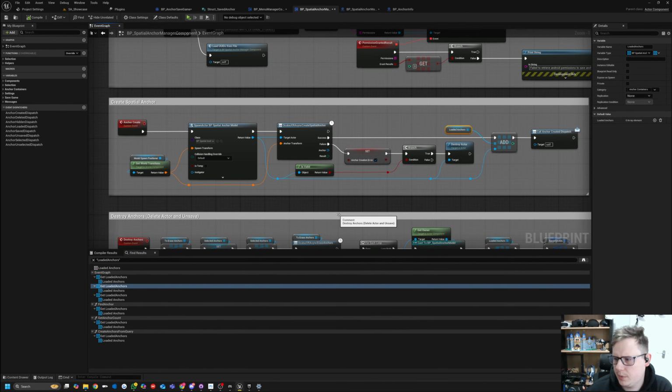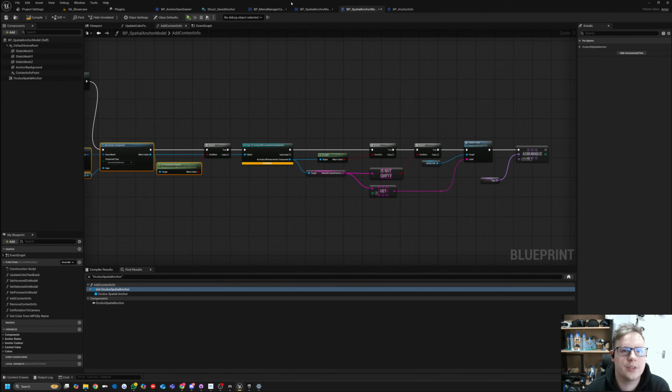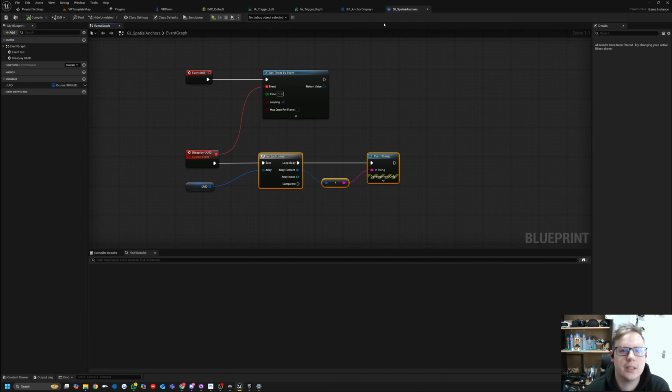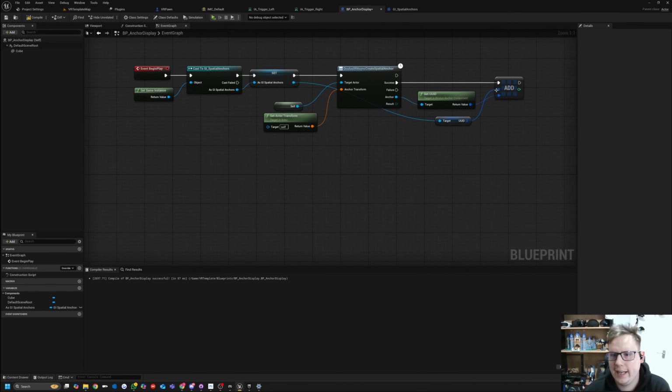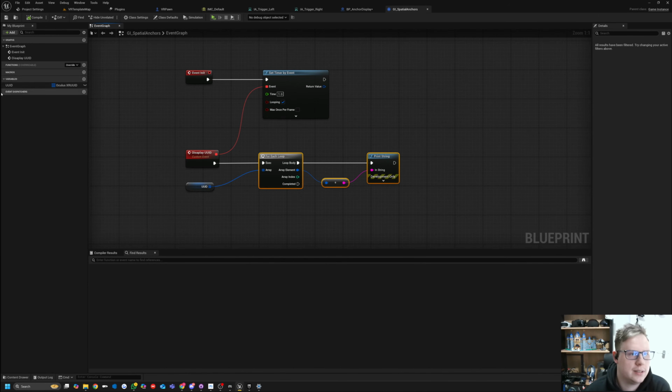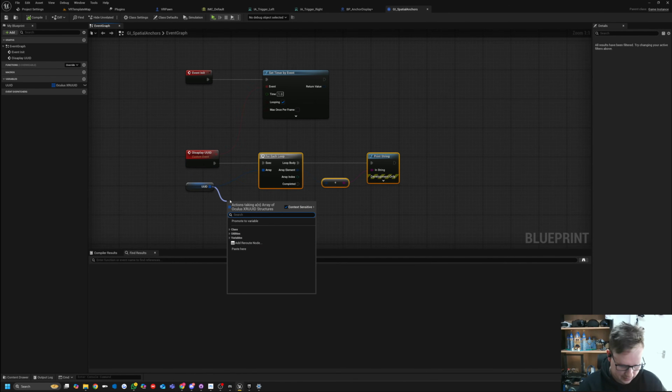So the print string was printing a bunch of randomly generated UUIDs. It was creating one for each one that was spawned in. In the project I've got, when I create one, I add to an array inside of the game instance, which then stores an array of the UUIDs. So on loop, I loop through that array. It looks like there's more than there is, but it's just showing me the output for how many there are. So if I do, for example, get length,